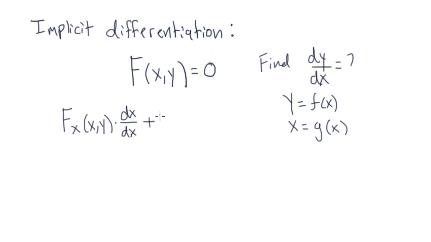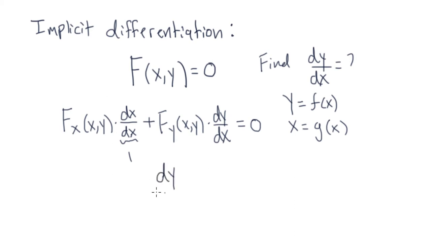And then I add the partial with respect to y times dy/dx, because the intermediate variable y depends on this independent variable x, and then that's going to be 0. But this is just 1, of course, dx over dx, and I can actually just solve for dy/dx. dy/dx is just minus, so I'll subtract this over,